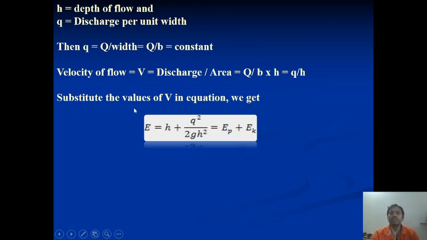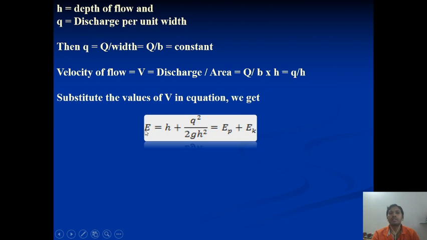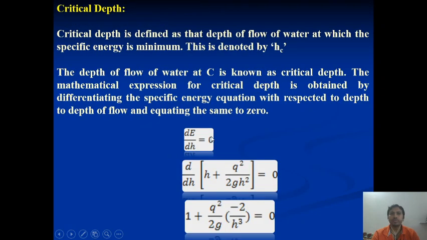Let me insert this equation into the specific energy curve. So E, that means Ek plus Ep, itself is called the specific energy, and in the form of an expression we derive E is equal to H plus V square by 2G. Now instead of V square, we have derived the value for V, so let me put V square as q square upon H square, divided by 2G. So this is the fundamental equation that we have derived for the specific energy curve. So E is always the addition of the depth of water plus q square by 2G H square.